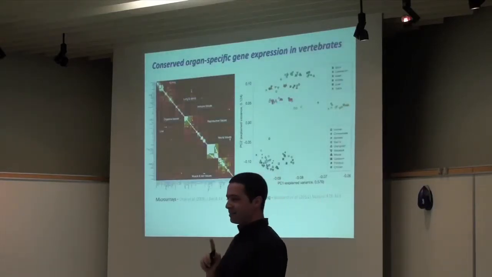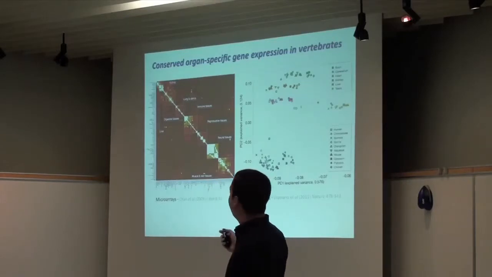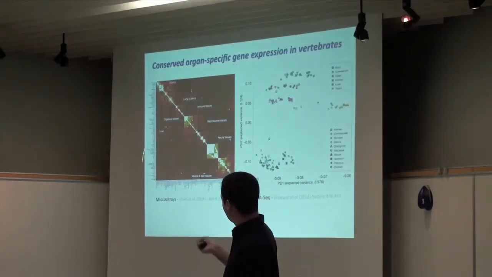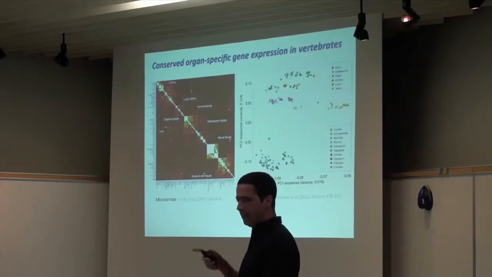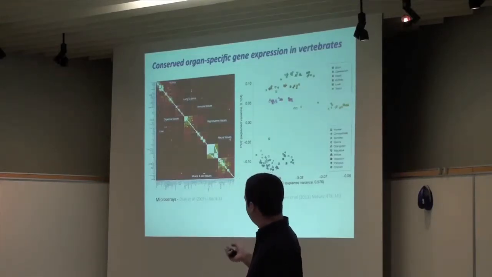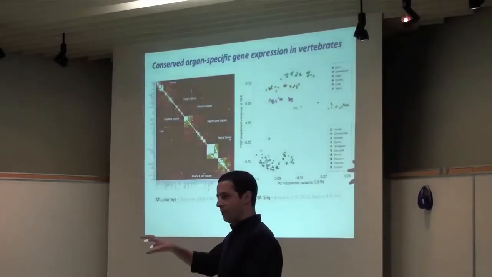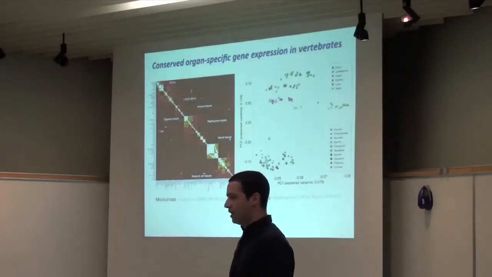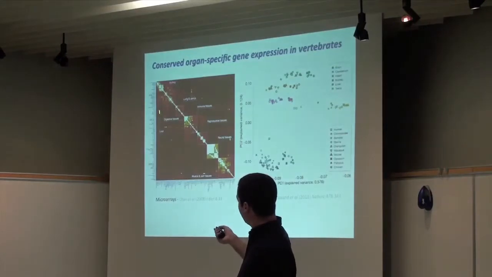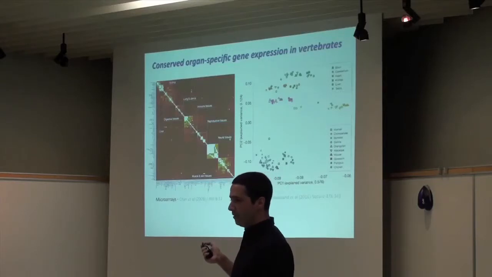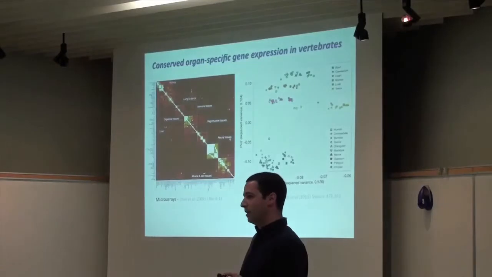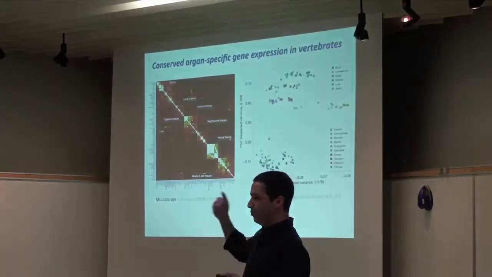Anyway, this can be even more interesting if we know, and this is work done here in the building, in the Tim Hughes and Quaid Morris labs, they've shown using microarrays a few years ago that when you look at gene expression from different homologous organs across different species of vertebrates, so when you look at gene expression profiles of orthologous genes, these samples cluster by tissue type, by organ, and not by species. So in terms of gene expression, my liver is more similar to a frog's liver than it is to my brain.